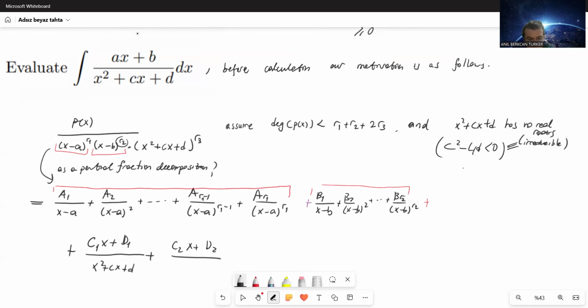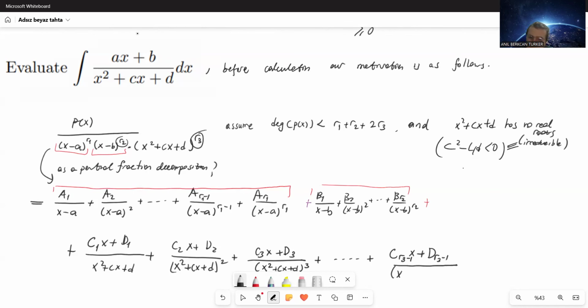Here it is x squared plus cx plus d squared, plus c3 x plus d3 over (x squared plus cx plus d) cubed, plus dot dot dot, until c(r3 minus 1) x plus d(r3 minus 1) over